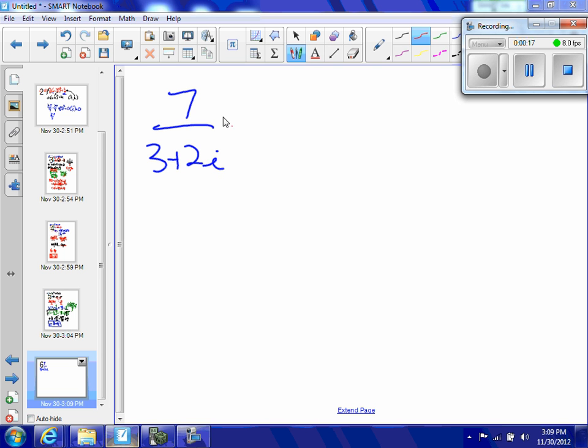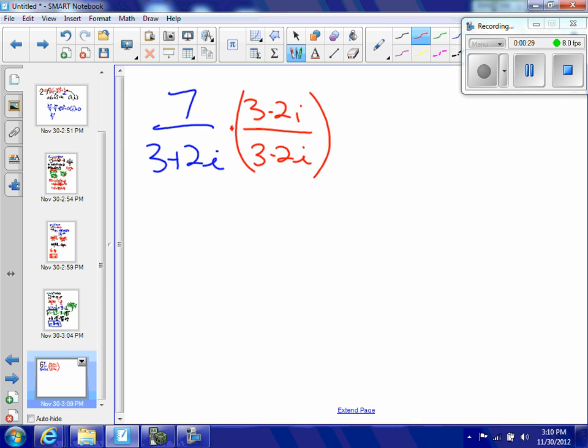So I'm going to multiply by the reciprocal, not by the reciprocal, by the conjugate. 3 minus 2i, 3 minus 2i, so I'm really multiplying this by 1. And when I do this multiplication, just like it was a distributive property, I have 21 minus 14i, and then